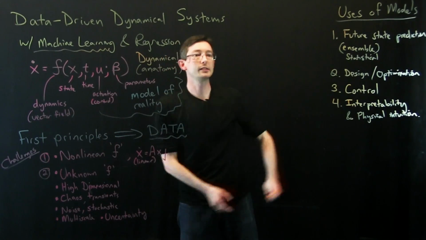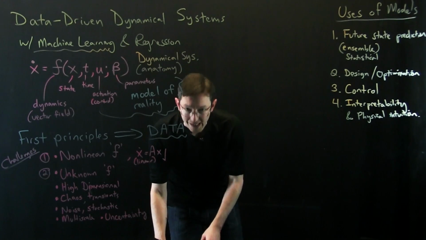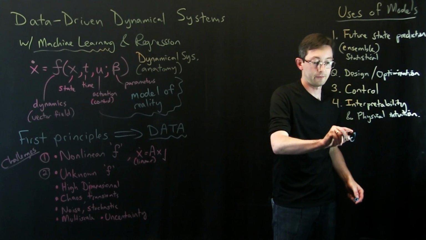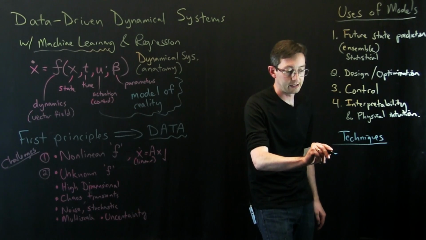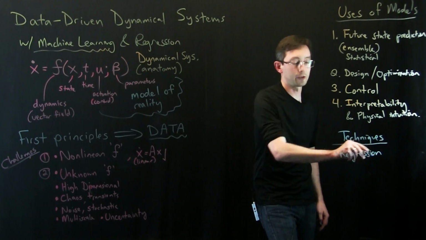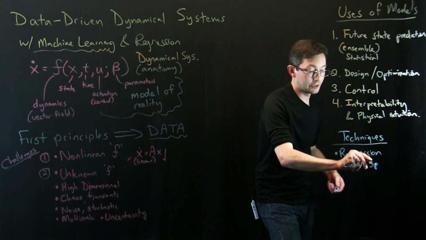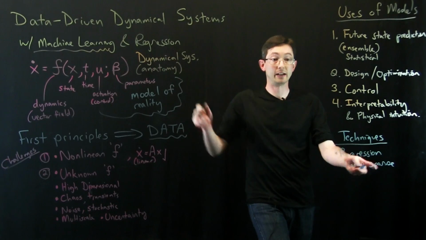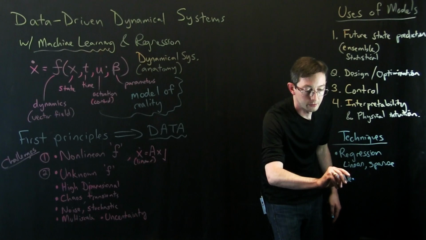So we have challenges, we have what we actually want to use these models for, and then maybe one of the last things I'm going to mention are just some of the techniques that I think are really powerful. So, techniques. And this is, again, a very incomplete list, but of the techniques, I think regression is probably the foremost one. So regression, linear regression, I think is a big one. Sparse regression. These are techniques that we're using a lot to get dynamical systems models from data, just regression models, linear and sparse. Neural networks,